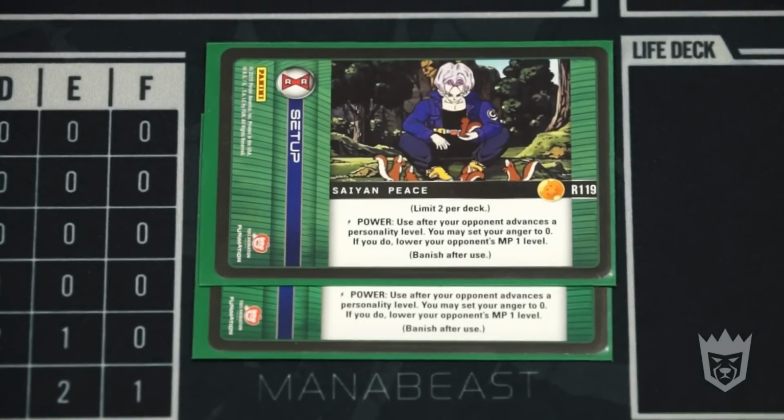Use: after your opponent advances a personality level, you may set your anger to 0. If you do, lower your opponent's MP 1 level. This card is key against especially the Cell matchups, Android 20 orange matchups, any orange matchup that's going to use Devouring Drill to just level up, any card that's going to be using any kind of advancement card,